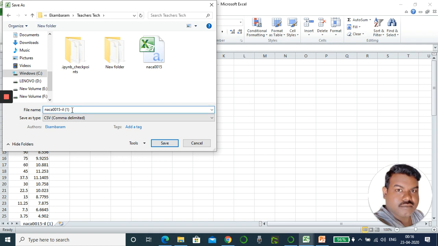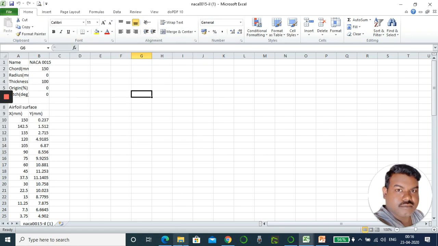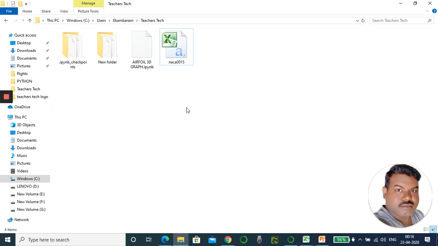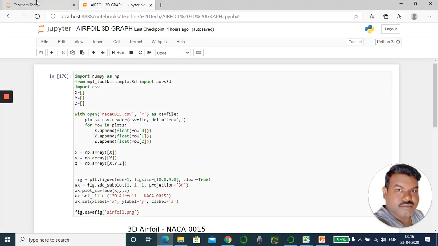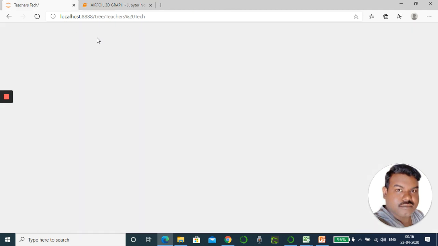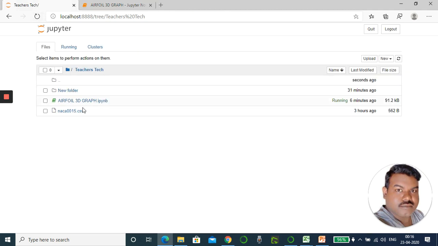Now I'm saving this; I already saved here. Like this I'm saving the file. Why am I saving in the root folder? Because in the Python program, if the file is available in the root, then we can easily call the file. So this is the root folder, here our file is saved.